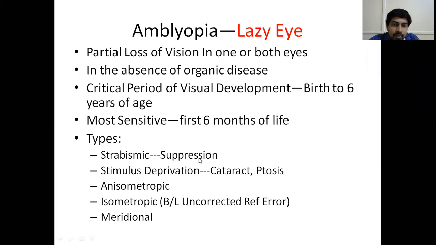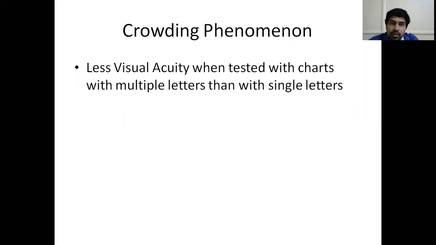Anisometropia means difference between the refractive errors of both the eyes. It is different for different errors: for myopia, up to 4 diopters they say, and for hypermetropia, it is 2 diopters. Anisometropia is nothing but, suppose you have -1 in one eye and -6 in the other eye. Then you'll be seeing 2 images. That is known as anisometropia. That leads to amblyopia. And there is a thing called crowding phenomenon.